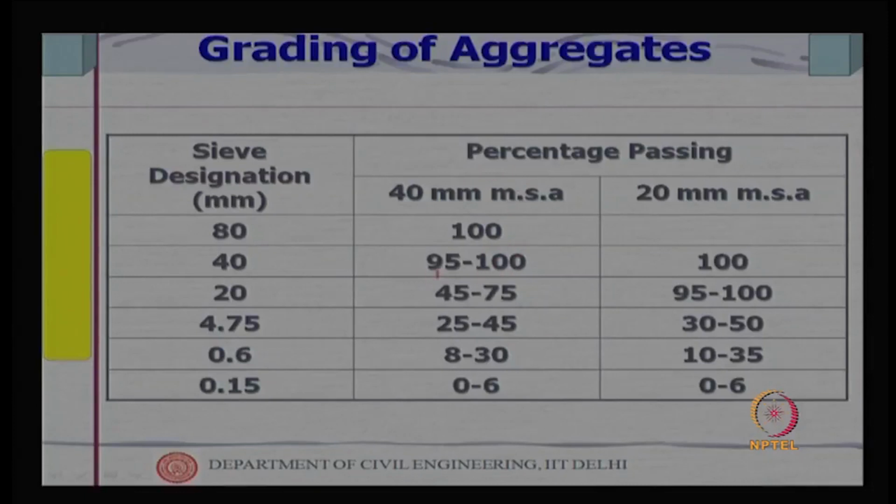It says that if it is a 40 mm MSA, then 100% should pass through 80 mm, in 40 mm 90 to 100%, and at 20 mm 100% should pass through it, etc. So, for 40 mm MSA this is the grading requirement, for 20 mm MSA this is the grading requirement. Such grading requirements in terms of the range of sizes are given in code, and that should be used